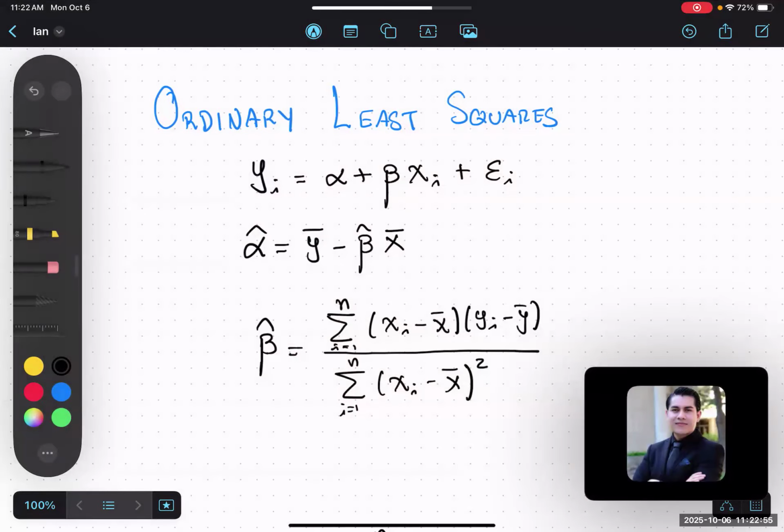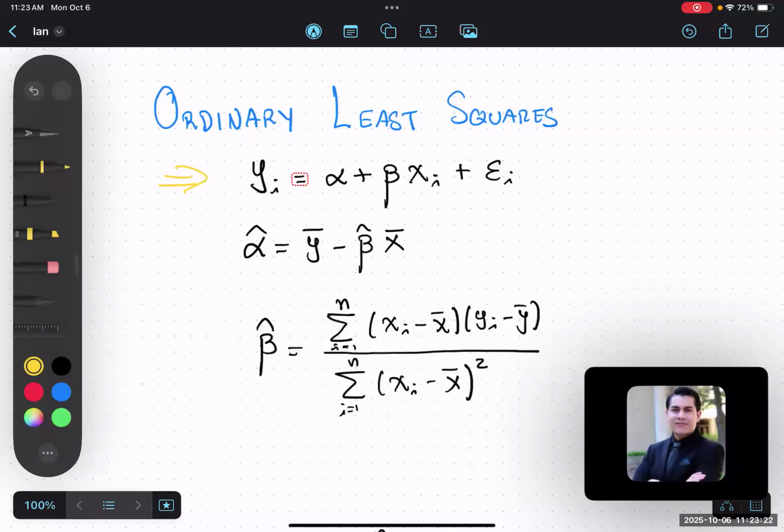Hello, everyone. It is common that in your basic econometrics courses, they will ask you to derive the ordinary least squares estimator in the simplest case when you only have one explanatory variable, which is this one, right? So suppose that your dependent variable is y and your independent variable is x, and you are trying to estimate the parameters alpha and beta from this